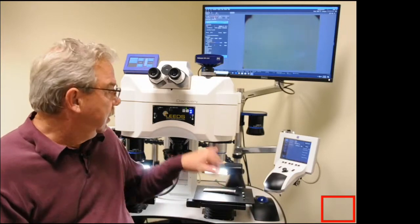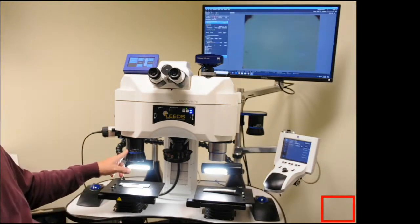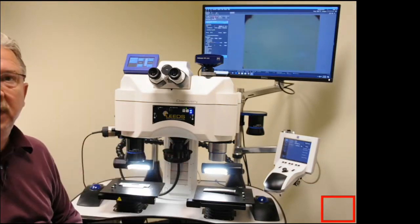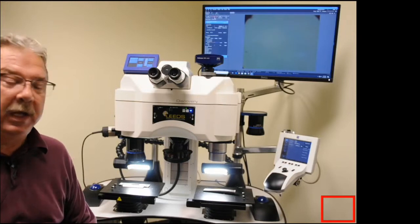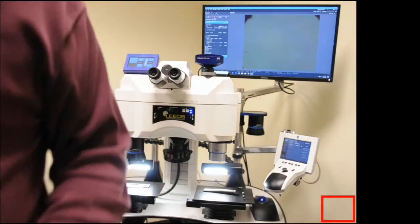So, ultra-wide field objective, right here, and the quick change kit is what we were talking about today. So what I'm going to do now is zoom in on the quick change kit and show you the components